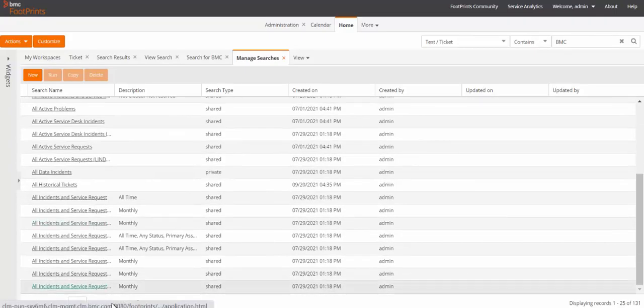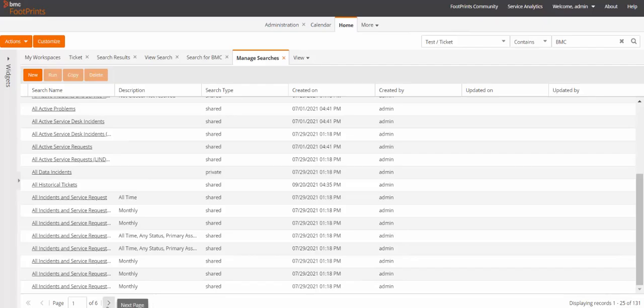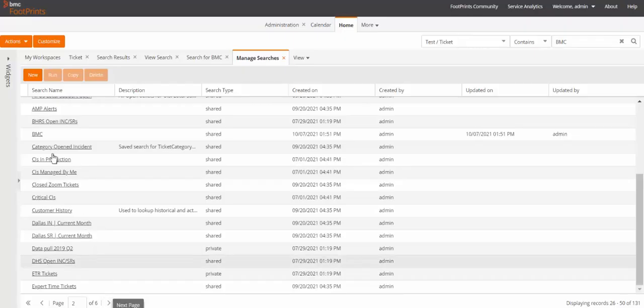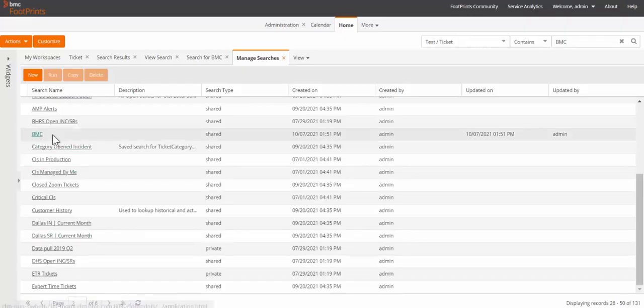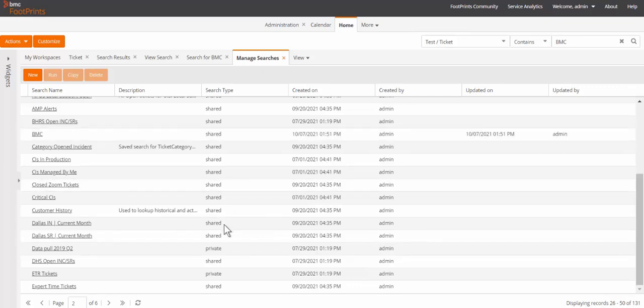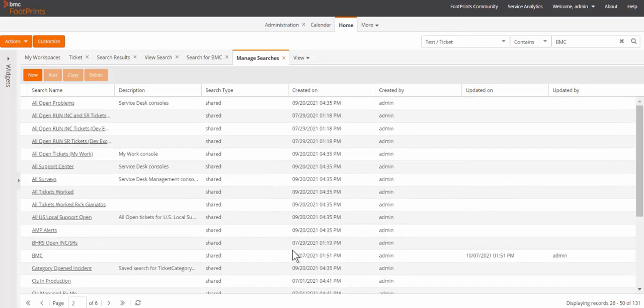This is all of the searches that I have here, and I'm going to go ahead and look for the one that I have just created. If you're able to see, it's called BMC. It's created by me, that I am the admin, and it shows the last time that it was updated on and by who. Okay, this is the other option. If you're able to see, I have shared ones, I have private ones, all the searches that I have been